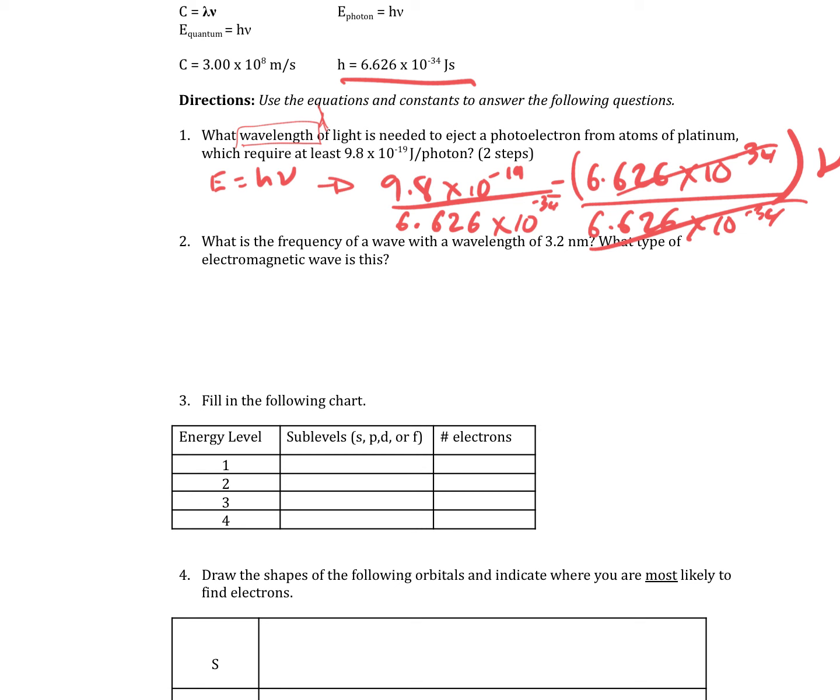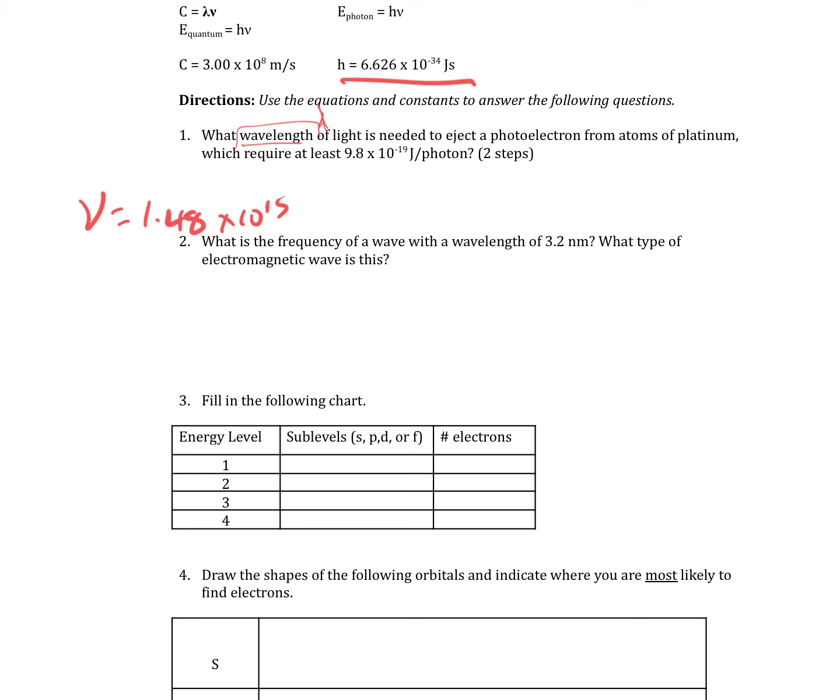So with that, when I punch it out on my calculator, let me go 9.8 double E negative 19 divided by 6.626 double E negative 34. I get nu equals 1.479. Let's just make it 1.48 times 10 to the 15. Okay, so now that I know that, I can erase all this stuff